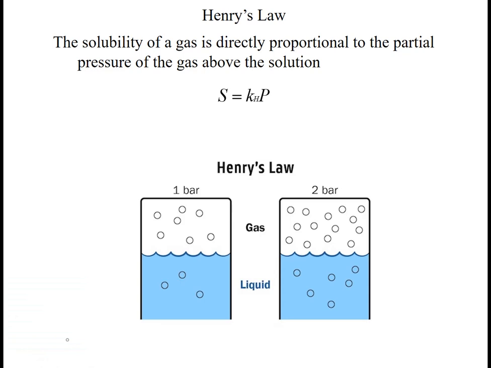And it's usually in grams per 100 milliliters, but doesn't have to be. So this is solubility. It's in some concentration, grams per 100 milliliters. The problem we're getting ready to do is in moles per 100 milliliters. So some type of concentration unit. This is a constant